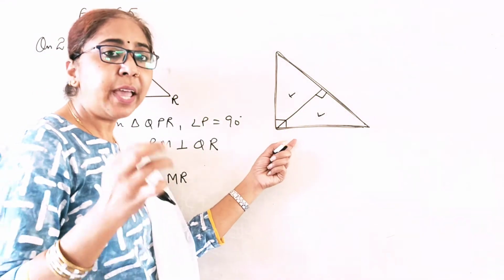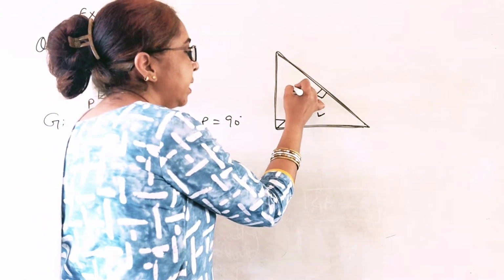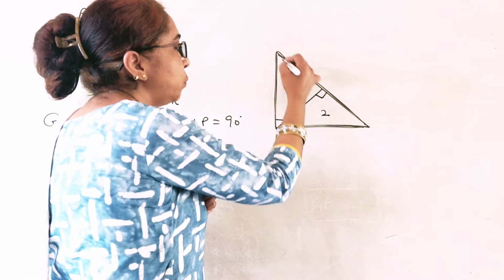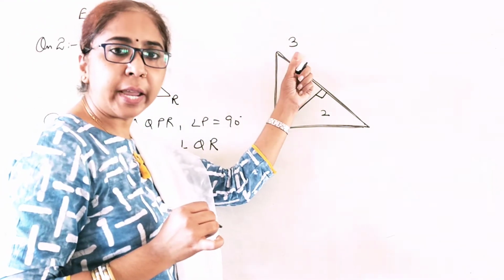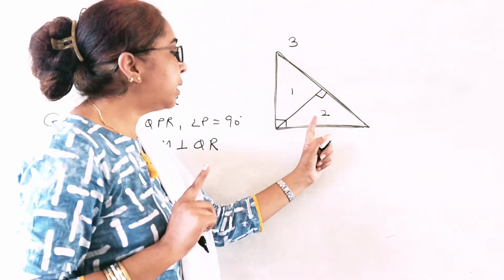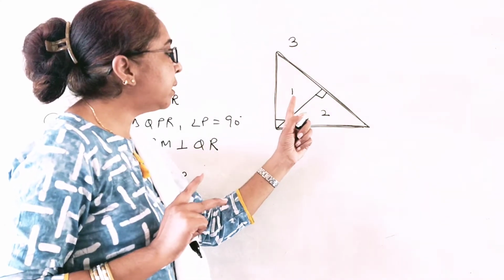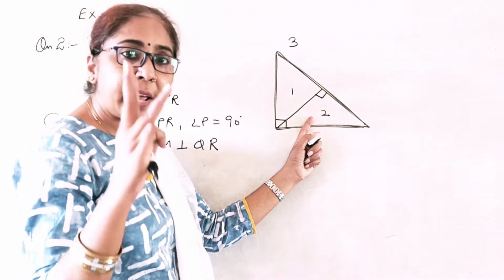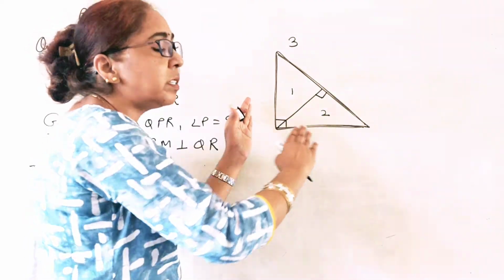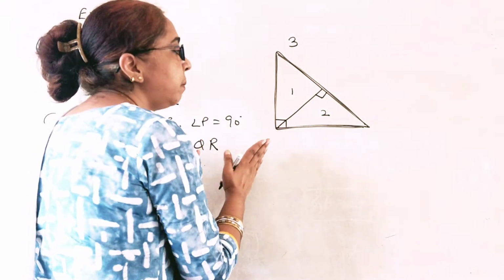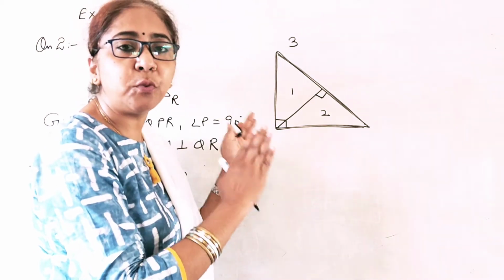So from here we have three results. The smaller triangles, let's say I am giving the name triangle 1, triangle 2 and the bigger one is triangle 3. So triangle 1 is similar to triangle 3, number 1. Triangle 2 is similar to triangle 3, number 2. And triangle 1 is similar to triangle 2, this is the third statement. So we have three results here. If in a right triangle we draw a perpendicular, then we always have these three results.